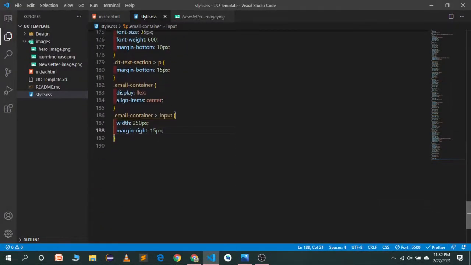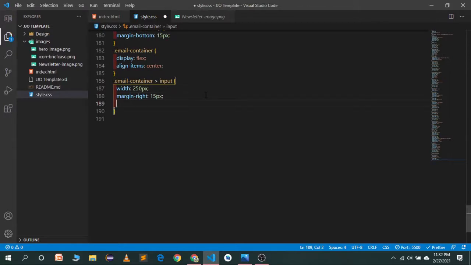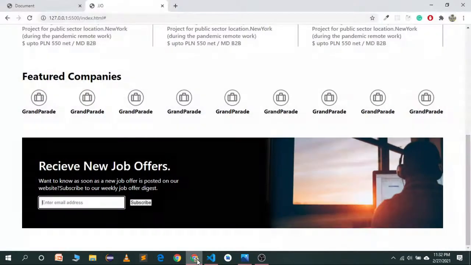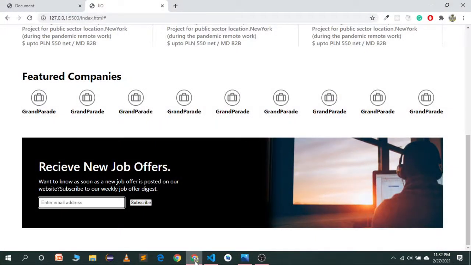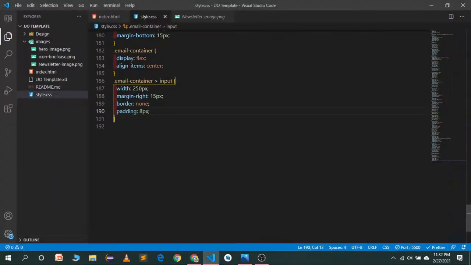So for the input we want some properties, such as border will be none, and padding is going to be, I think, 10 pixels will look good. Let's see. No, 10 pixels is too much. Let's try 8 pixels. Now 8 pixels is looking good.